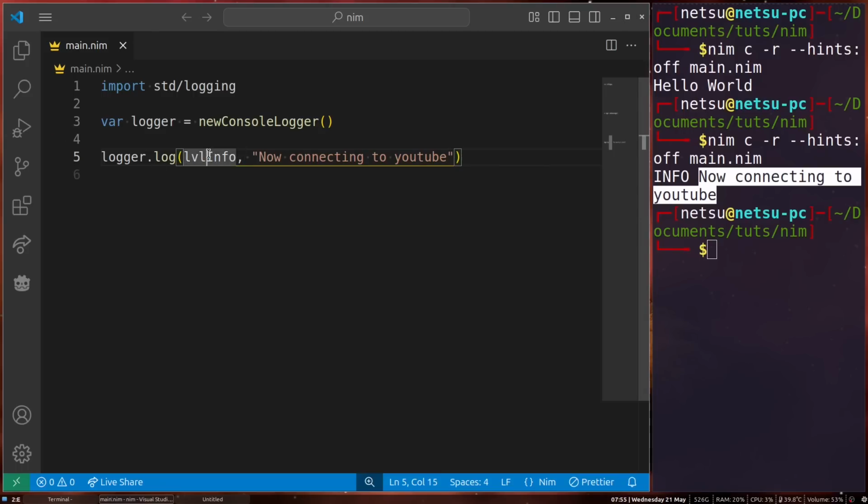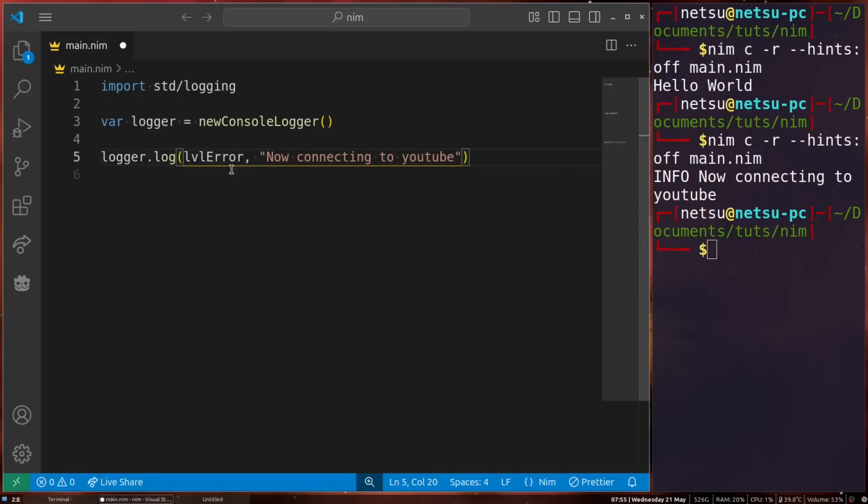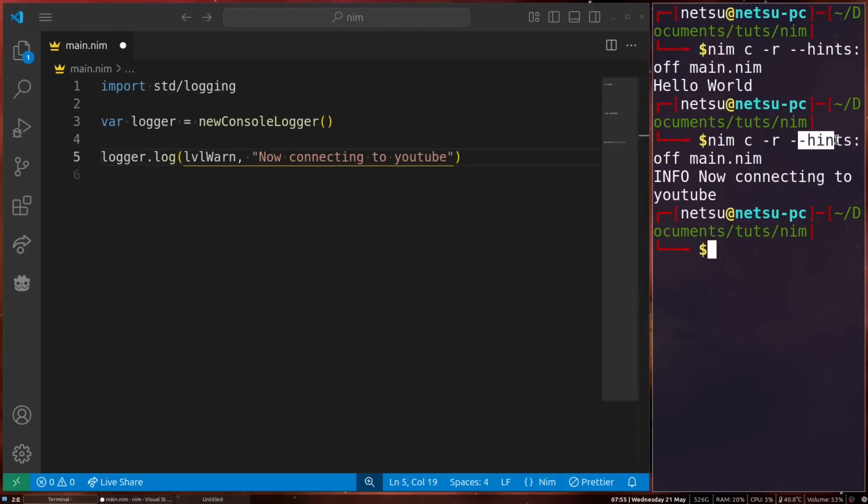Now you do get more levels here, for example, LVL error, and this is of course if an error happened, not necessarily if the program stopped running, but just if an error happened in the program. You have LVL fatal, which is probably the worst case scenario, where an error so bad happened it pretty much stopped the program from running. It's a fatal error. You have LVL warn, which is a little bit less harsh. So if it's not necessarily an error, but it's something you should know about. For example, someone's using a flag that will be deprecated. Then you give them a warning label and say, hey, you just used a flag that say --hint, which is